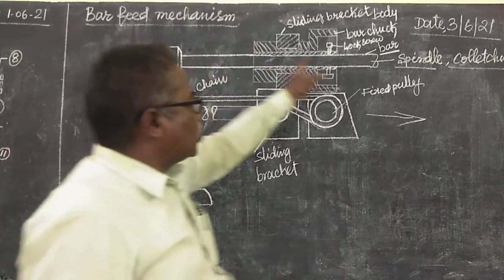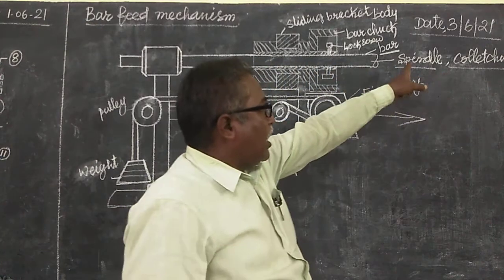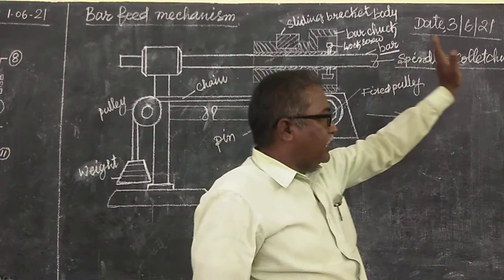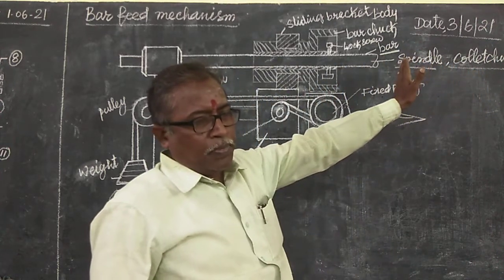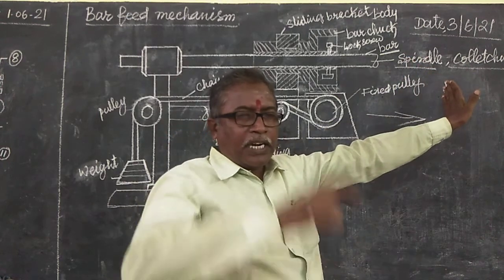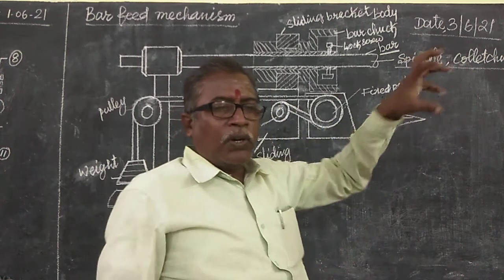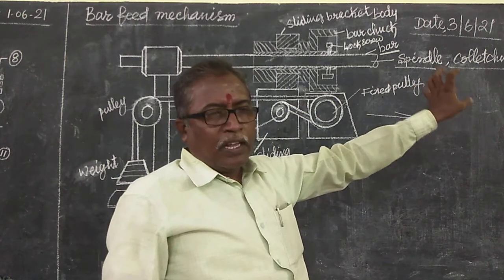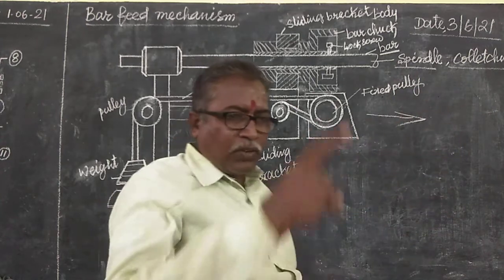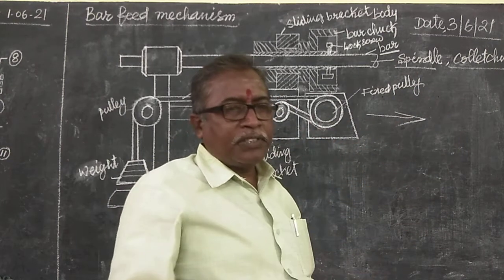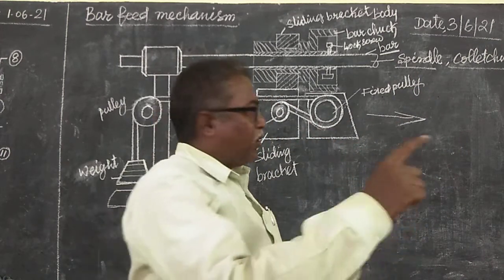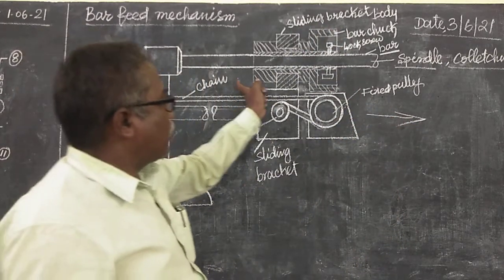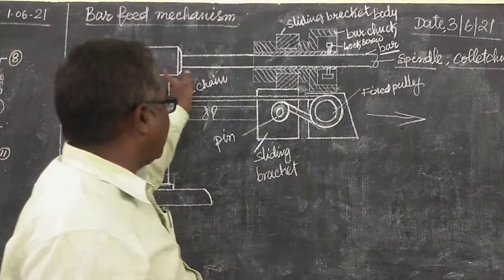Okay, when the rod moves forward automatically, after the collet there will be the stopper. That rod will go and touch the bar stop. Then after touching that, the bar stop is also seated on the bearings which are fixed in the turret head. Then that also will be rotated like a revolving center. Then with that rotating, the collet is locked. Then the rod goes forward continuously like this.